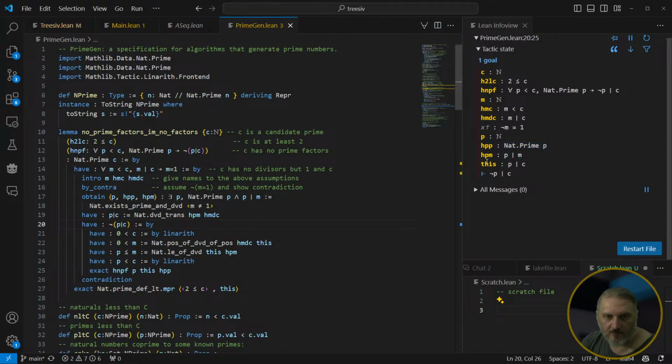And then from just this fact, we can use the transitive property of division to show that P divides C. Okay, because we said M divides C, and then M is not 1, so then P must divide C. And then we have to show the opposite, which is that